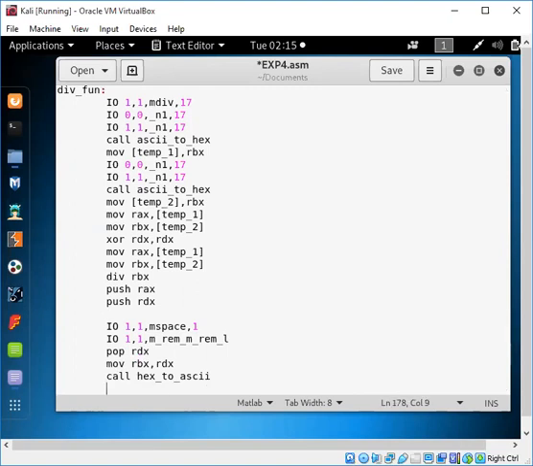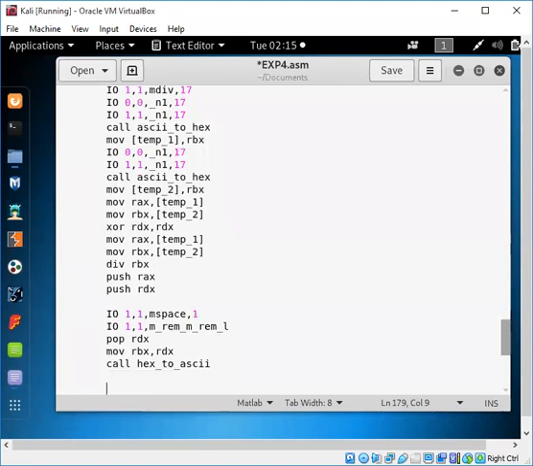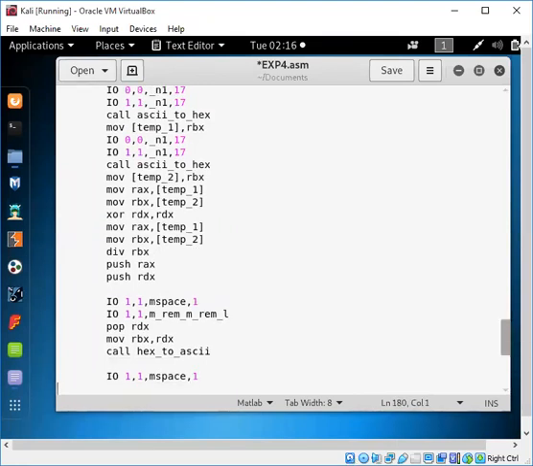Okay, so we have done the first conversion, then we want the quotient as the second half. Right, so that will be a part of your message which you are going to have.